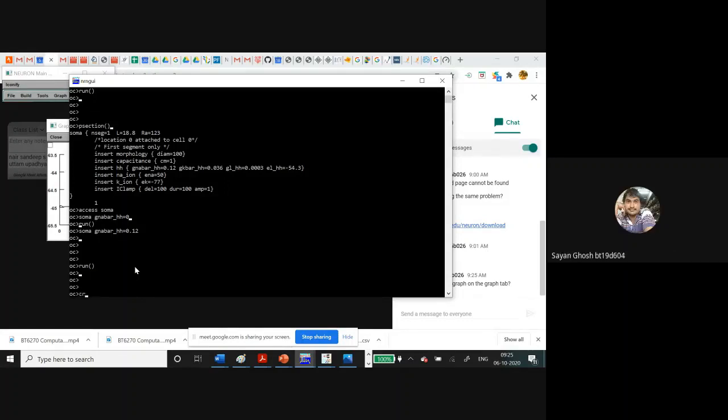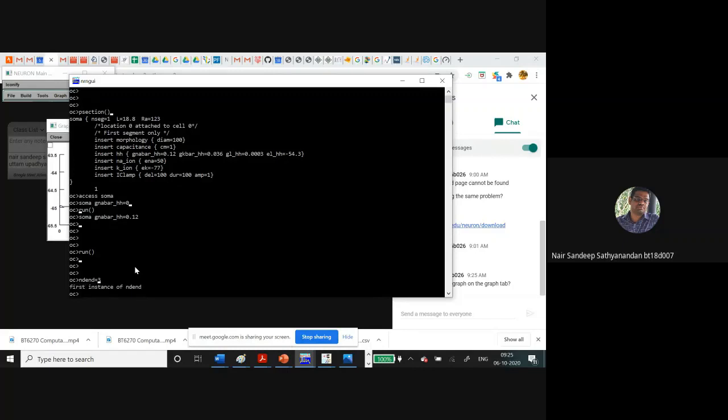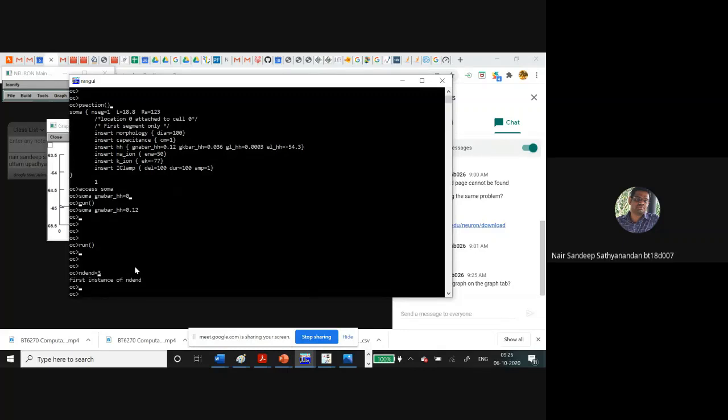Create a dendrite. Right, that is fine. We have to create a dendrite. So before that, how many dendrites? Because dendrites are many, we can define a variable, number of dendrites, first. Let's name it ndend, and then the first instance of the dendrite is created.